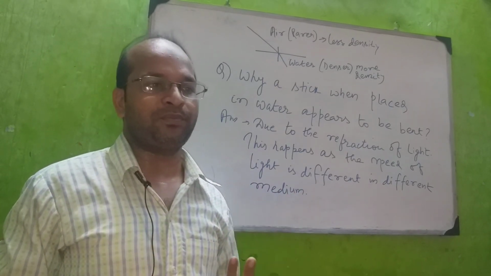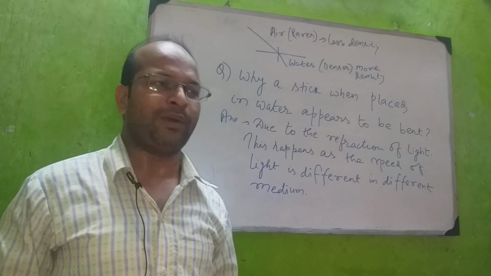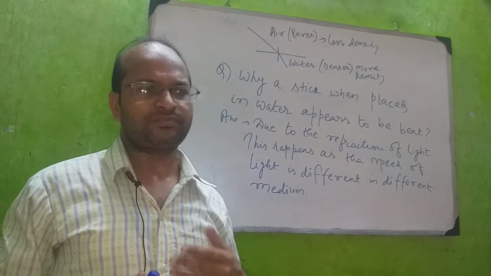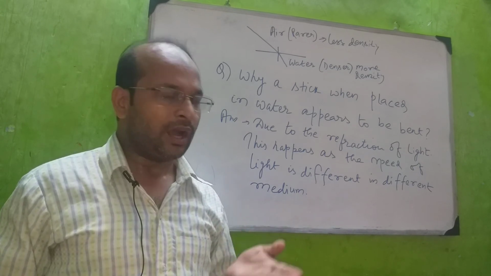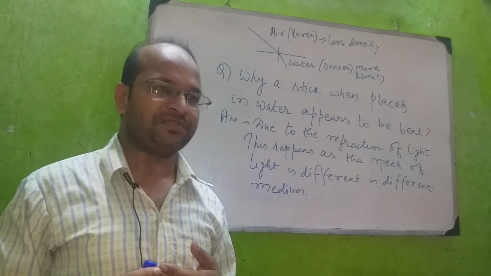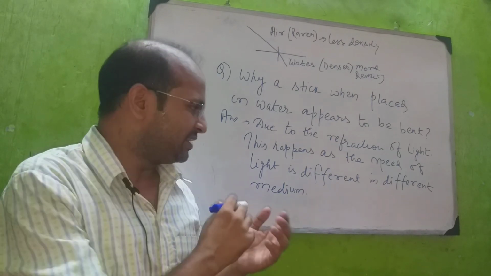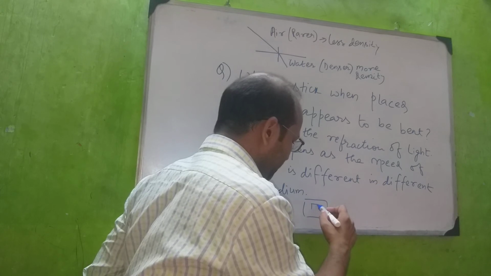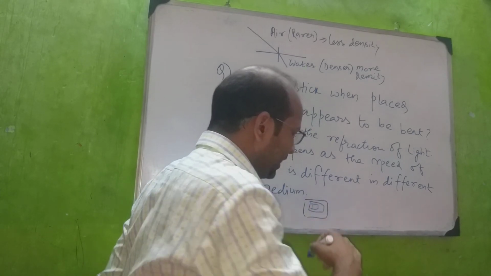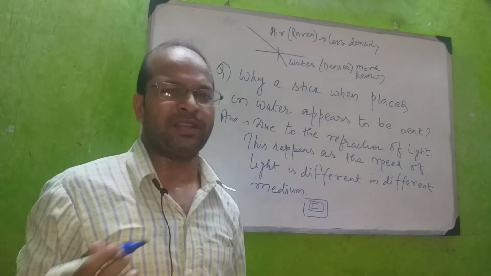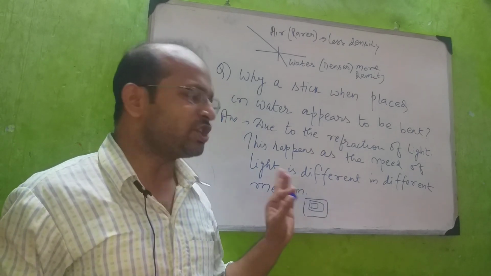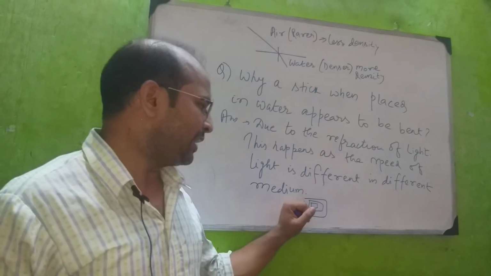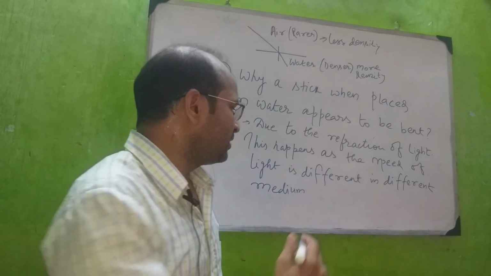There are some other phenomena. I will explain in my next video why the stars appear to twinkle. In my other video, I will also explain that in certain offices you might have seen a paperweight, and if something is written, suppose there is a newspaper I have kept and I have placed a paperweight on it, the letters written in the newspaper or in any book or document appear to be raised. That is also due to the refraction of light. So there are many applications of refraction of light. This is one of them.